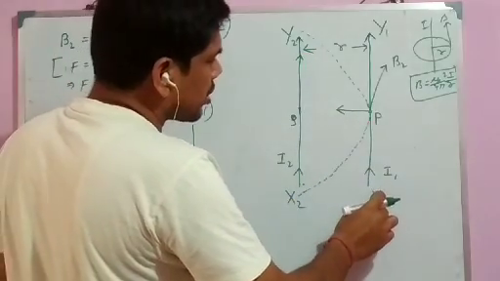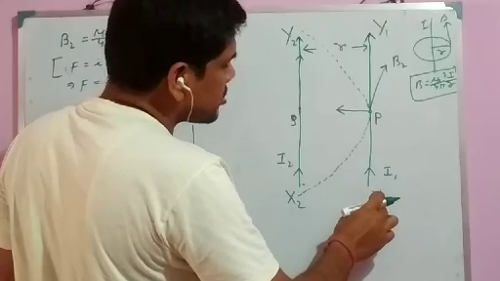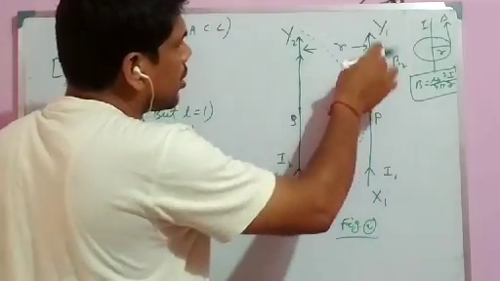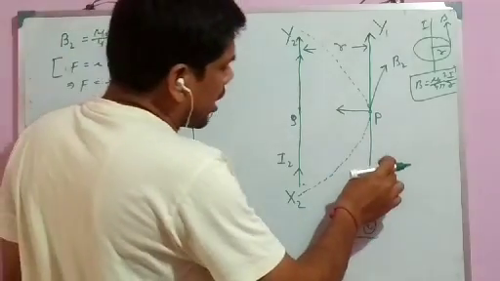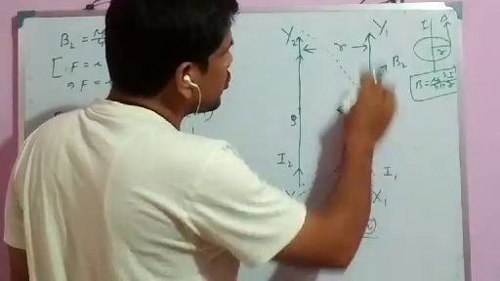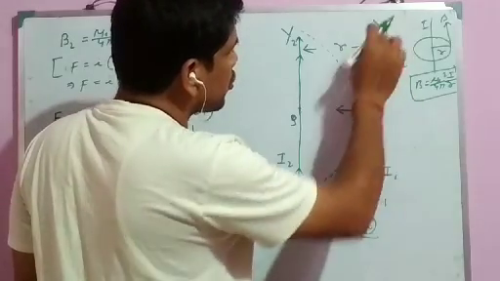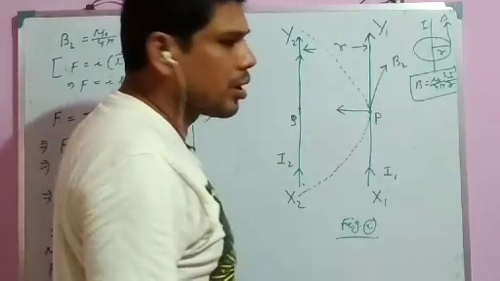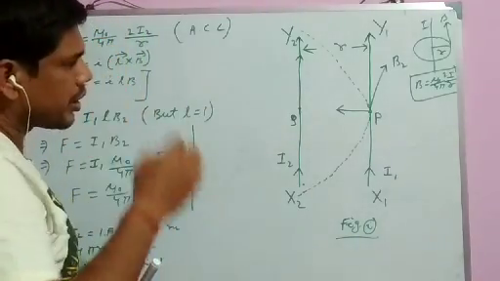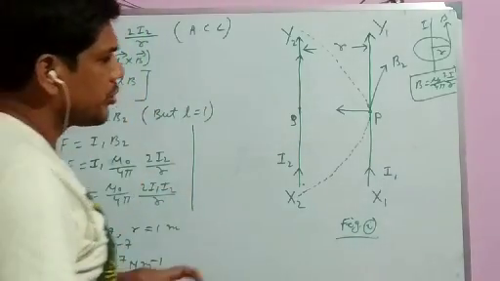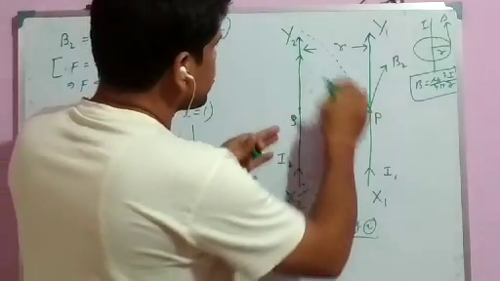And another conductor, its name is capital X1 Y1. It's an infinitely long straight conductor, and current I1 is flowing through this conductor from bottom to top along this direction. Okay, now these two infinitely long current carrying conductors are separated at a distance of r here,